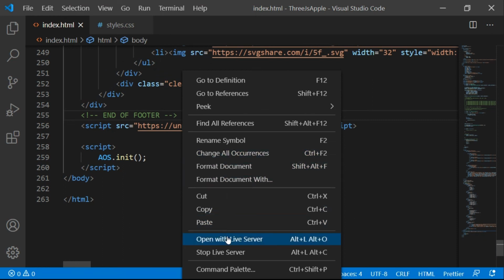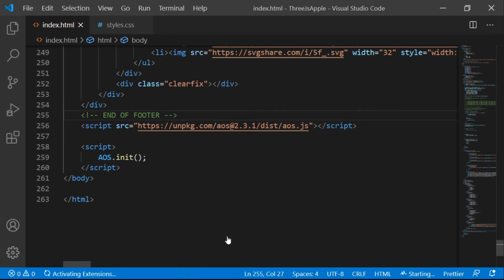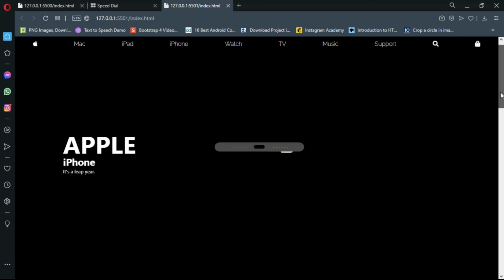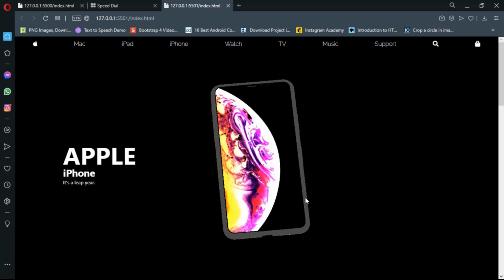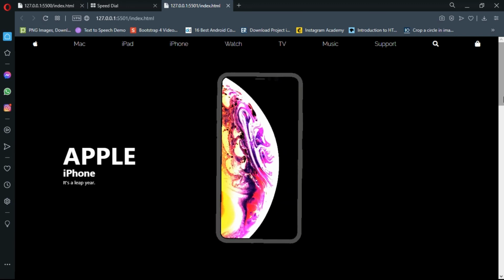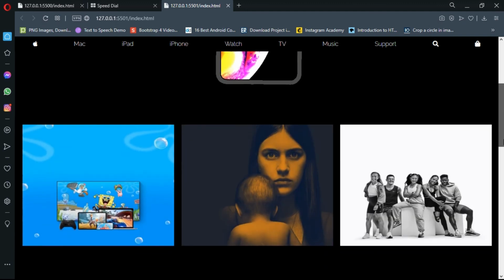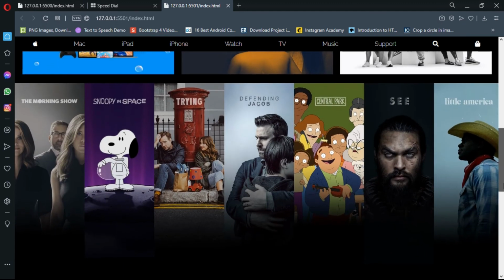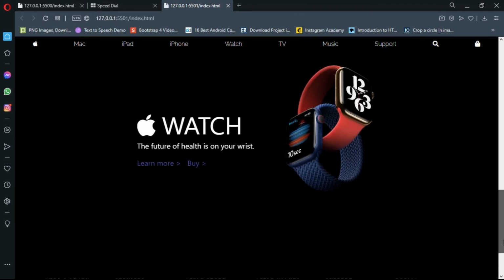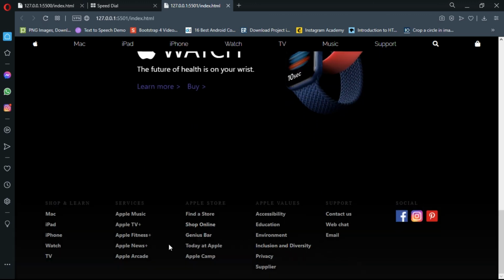So let's open with live server. The 3D model is not going to load if you just open the file path. You can't do it like that. You just need to start a live server in VS Code and download an extension for that. So look, our model is loaded now, and here we can do whatever we want with this shirt. This took a lot of time to make. So we got these cards here, and this is the big one. And we got this watch, some text, and some span tags for the buttons. And we got the footers here.